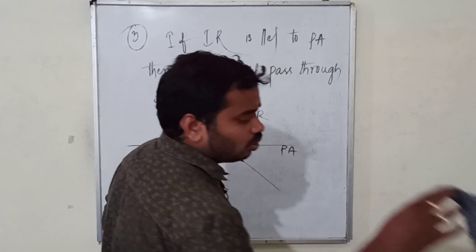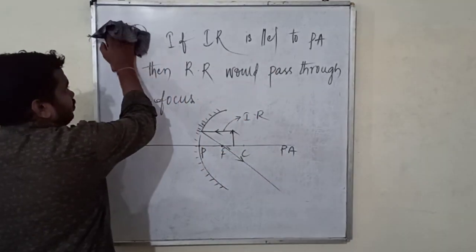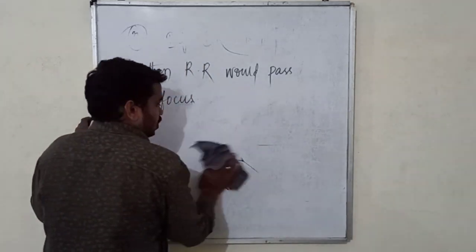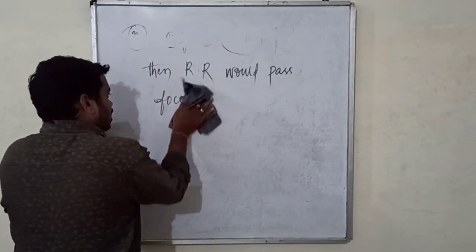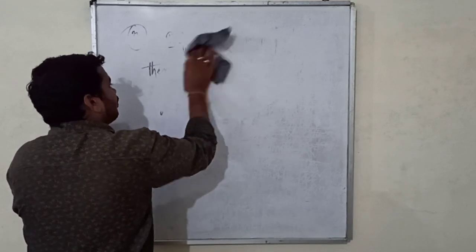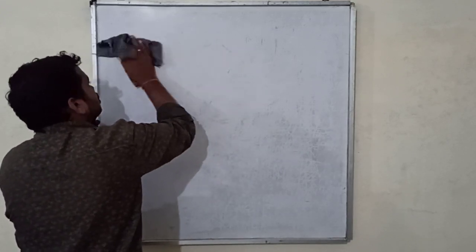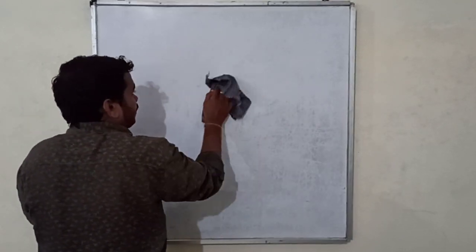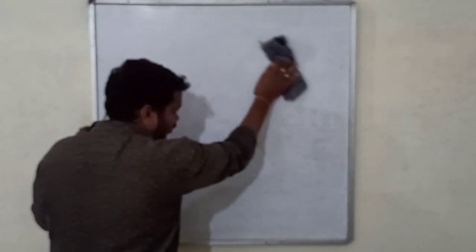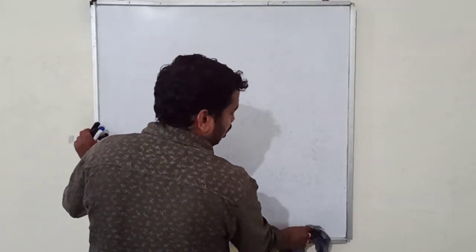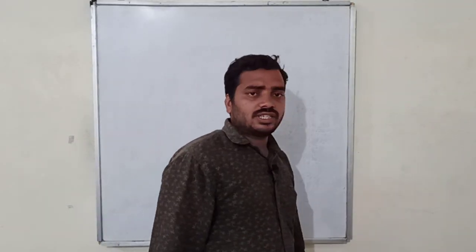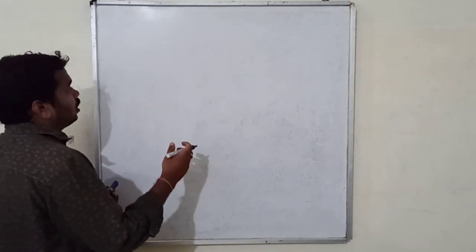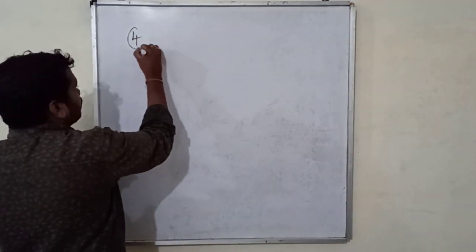Next, the 4th case. I am going to teach you the 4th case. This is a very interesting case. Remember, at the end of this particular session, I am going to tell you why the line retraces the same path. Based upon which law the line retraces the same path, I will tell you that. Okay.